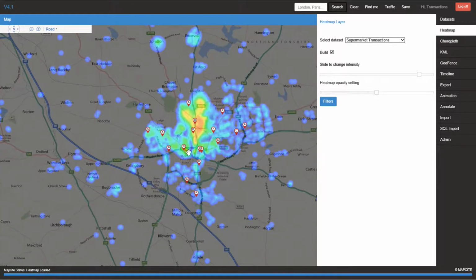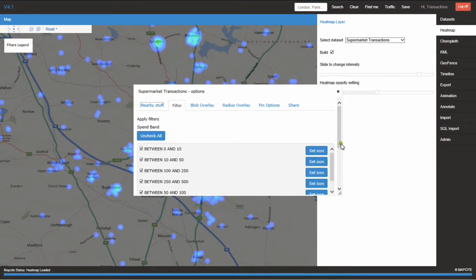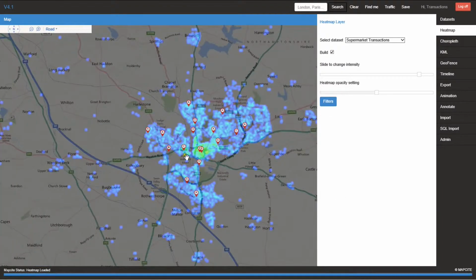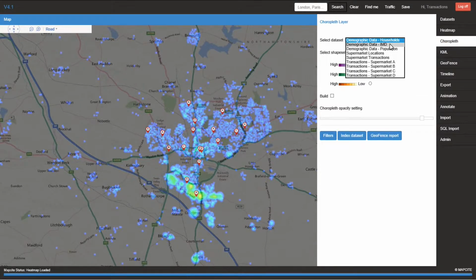This can then be filtered to show where customers have only spent money in one particular supermarket, therefore again changing the nature of the conversation with that client, or where the concentrations of people are who spend lower amounts in there. We can bring even further value and insight to this data by overlaying a secondary dataset, in this instance